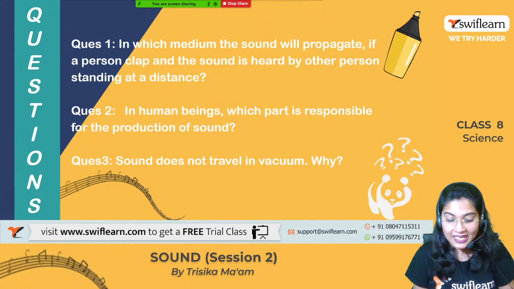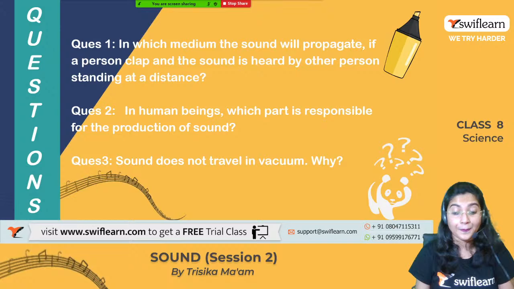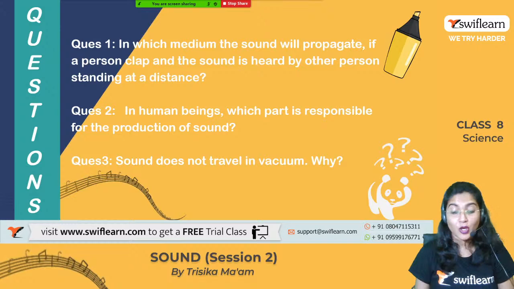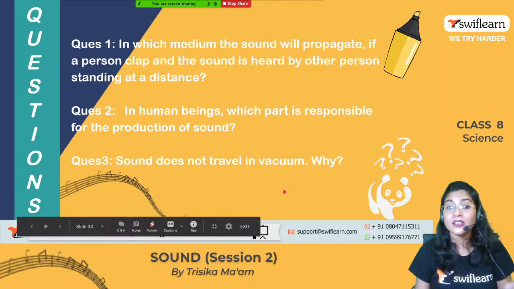Last answer. Yes. Very good, Shivansh has written that because there is no matter for the medium. Actually, if there is vacuum, then there is no air which will be able to carry the